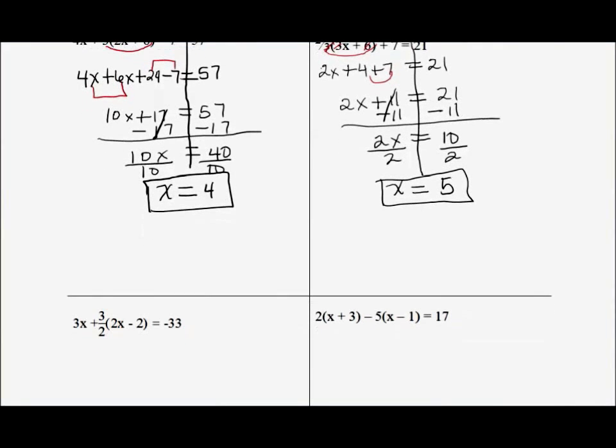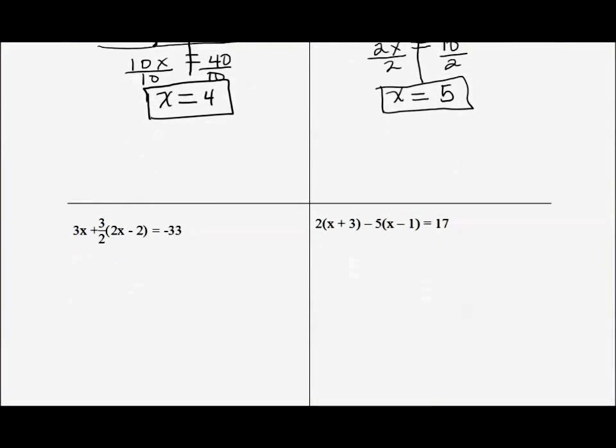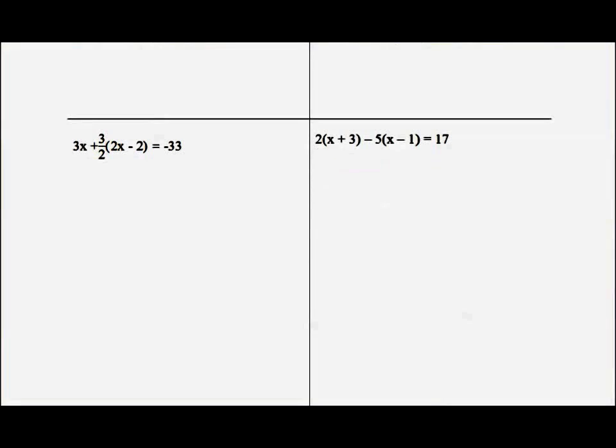On my next problem, let me move this down just a smidge. On my next problem, I see that I have to distribute. Let me go ahead and draw my line. I have to distribute this 3/2 to 2x and minus 2. So I'll bring down my 3x. 3/2 times 2x gives me 3x. Then 3/2 times a negative 2 gives me a negative 3